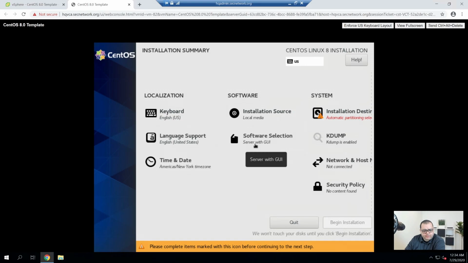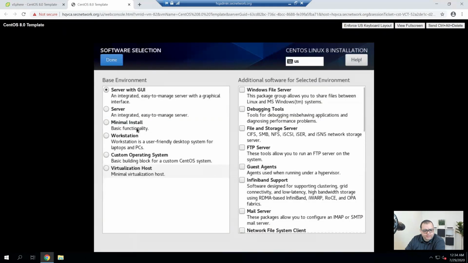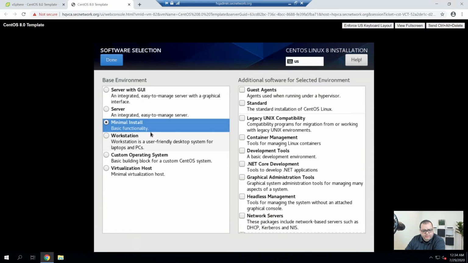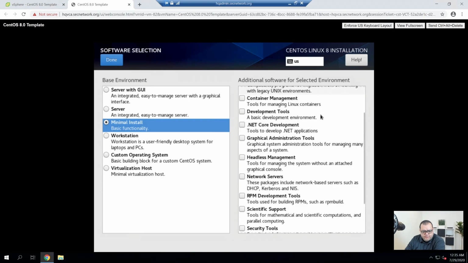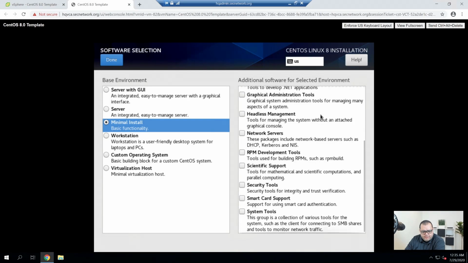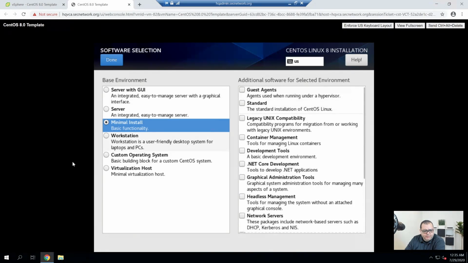Alright, so I'm going to start off by changing this to minimal install of Linux. And I don't think I'm going to install any additional software.